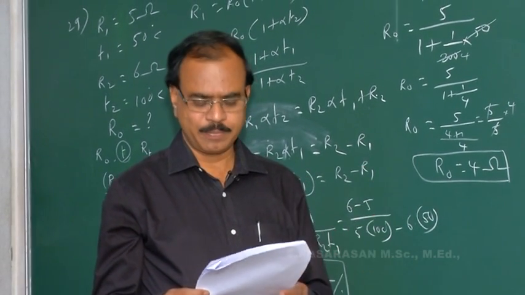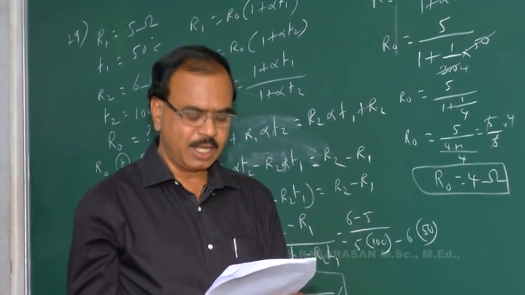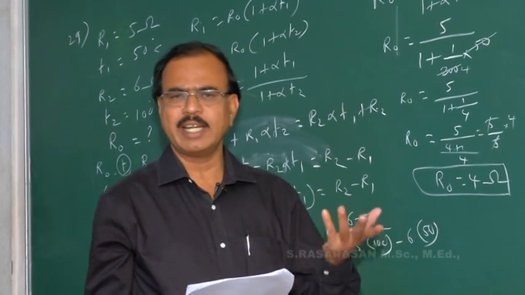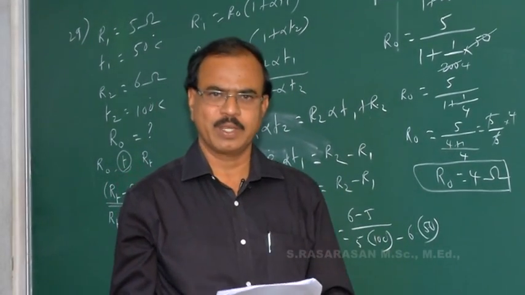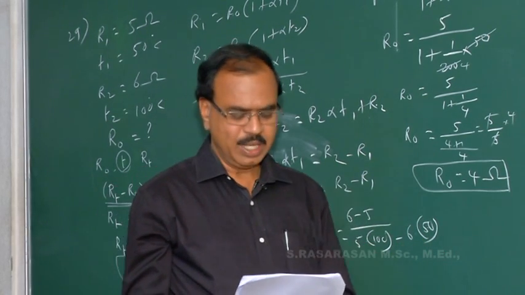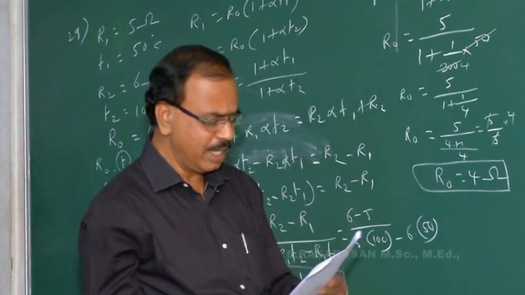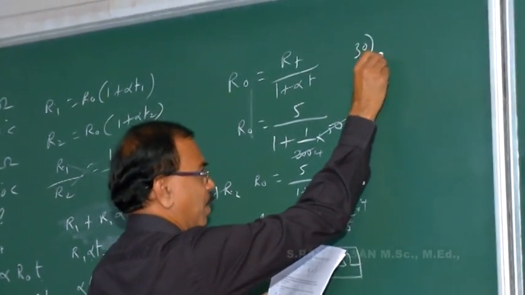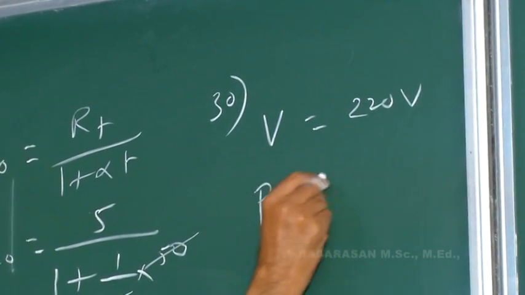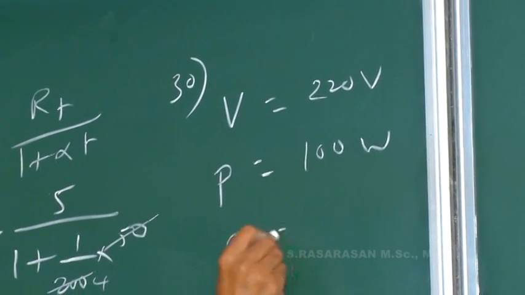100 watt means power. The power consumed by it when operated on 110 volt, meaning the 220 volt potential drop becomes 110 volt, what is the power? When the potential is 220 volt, power is 100 watt. If the potential drops to 110 volt, what will be the power, they are asking. So list out the data. The potential is 220 volt, power is 100 watt. What will be the power?